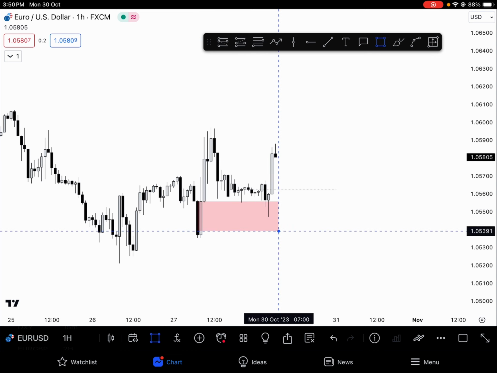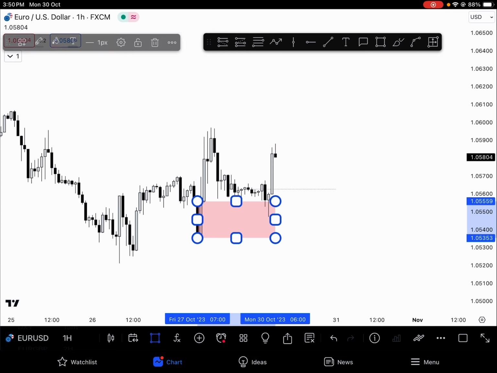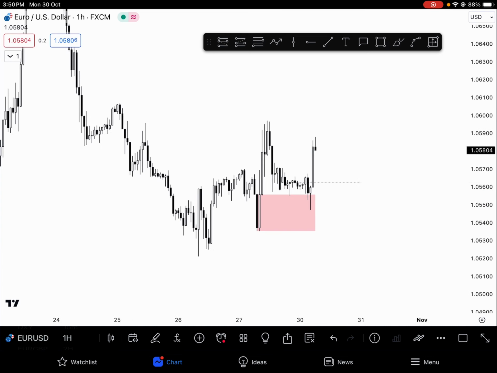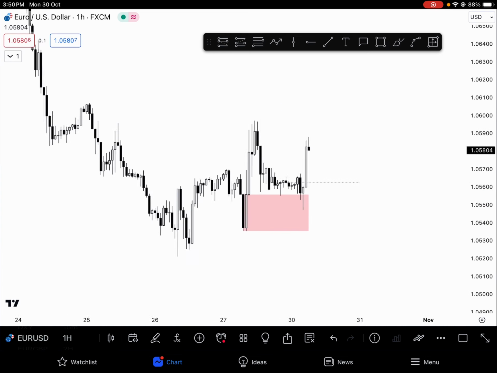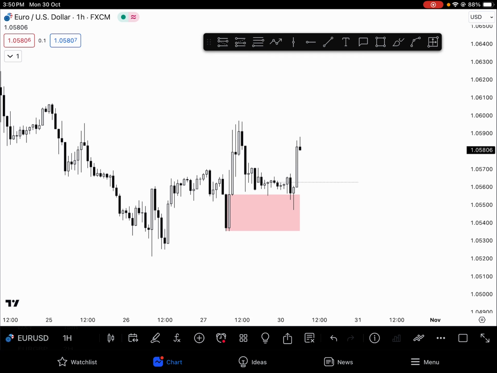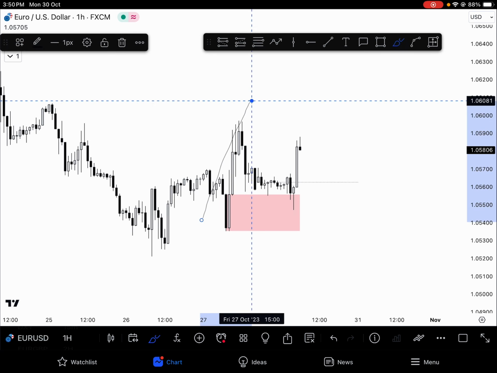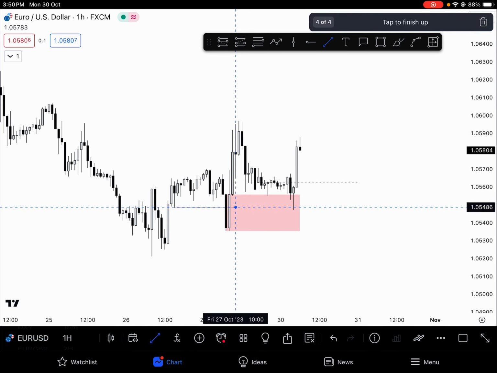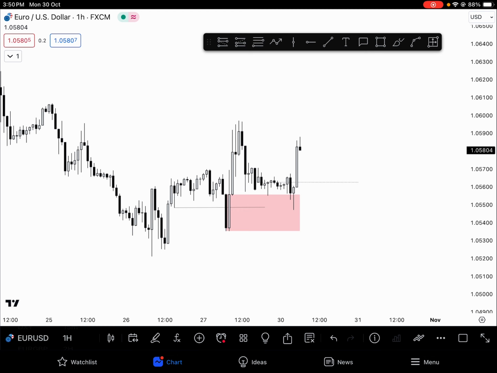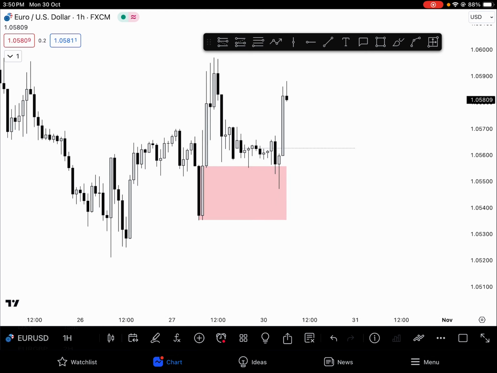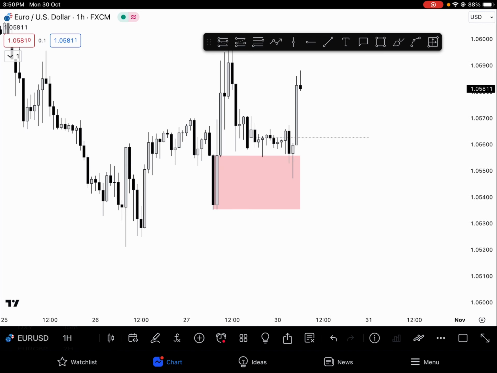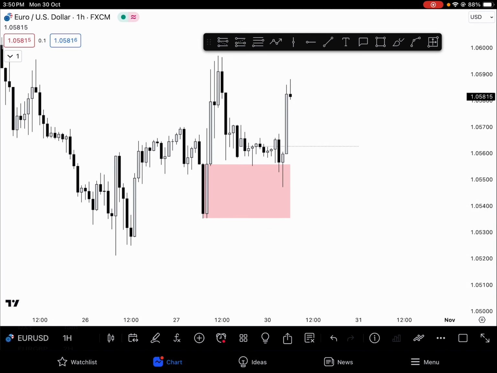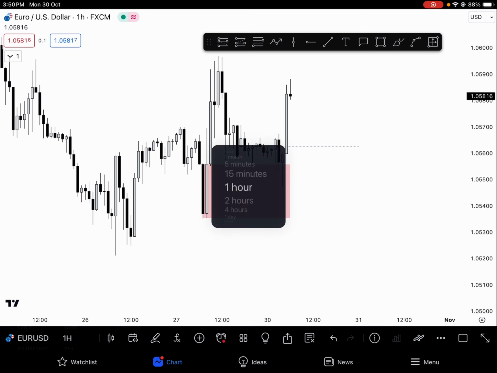Sorry, this is not a fair value gap, this is an order block, and it is a beautiful order block. Why is it a high probability order block? The expansion was pretty good, and we also took out the liquidity, so that is why it's a high probability order block. Now, I have shared somewhere in Dinesh Discord that if a fair value gap is there in a high probability order block, that's also a high probability fair value gap.